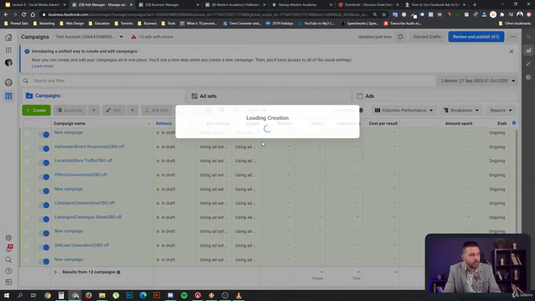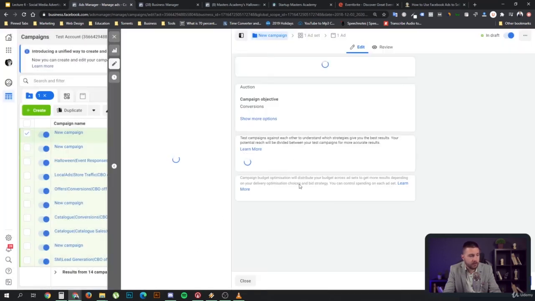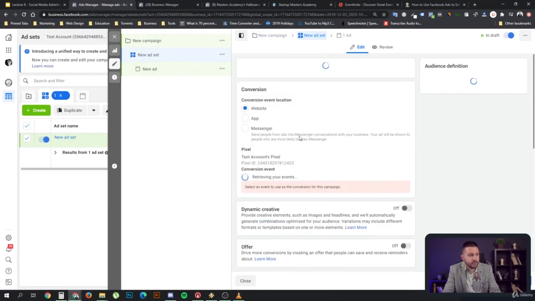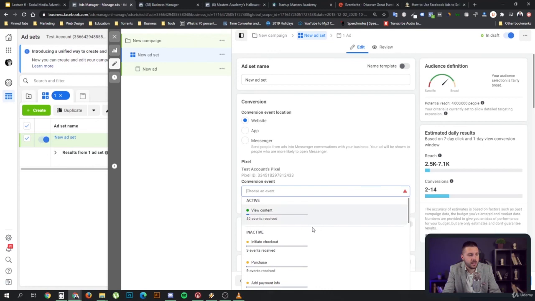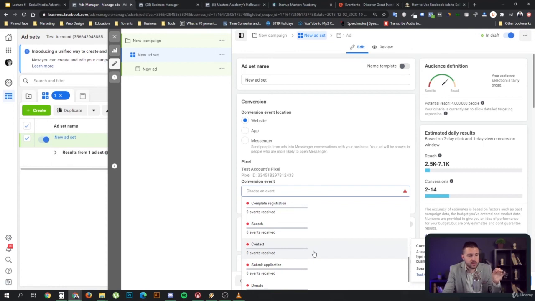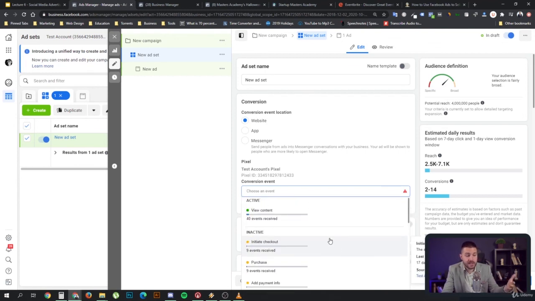And what you can do is you can create a conversions campaign instead of an engagement campaign for your event. And then over here at the ad set level, you can select the Eventbrite event for ticket sales, which is good because a lot of people actually purchase tickets from there, and it's kind of a non-standard, but in a way standard event. And you can also experiment if a conversions campaign focused on your ticket sales will get you better results than an event responses campaign